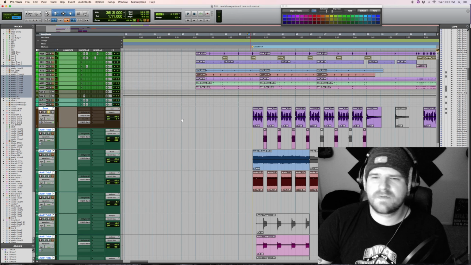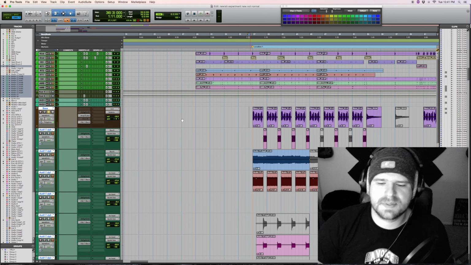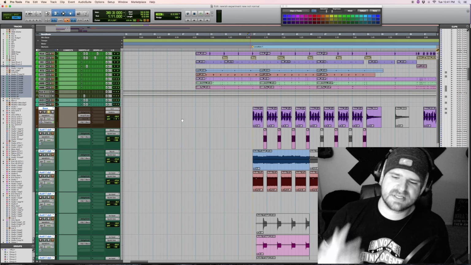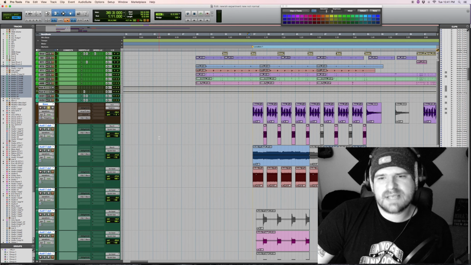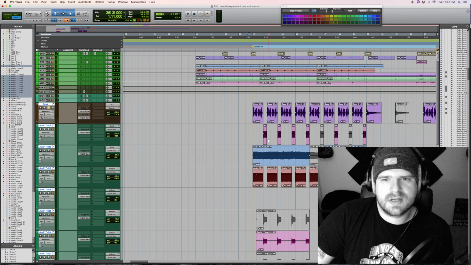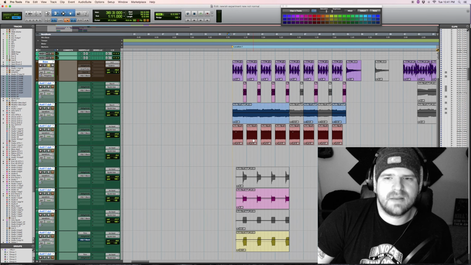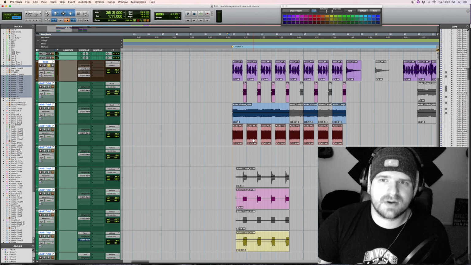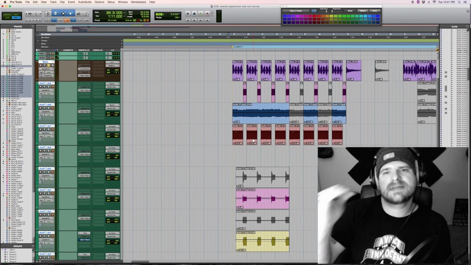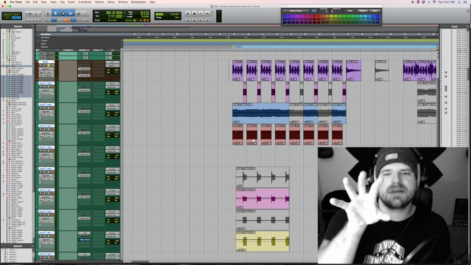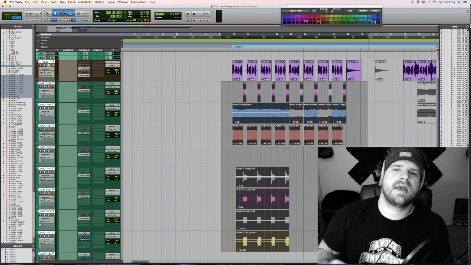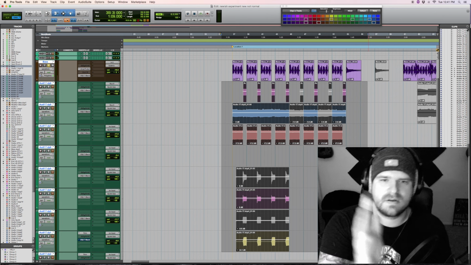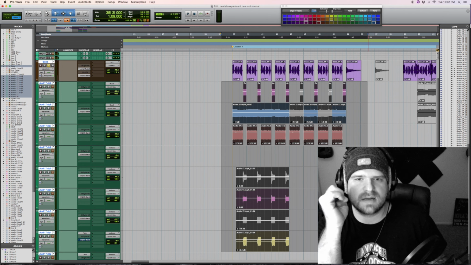I wasn't going for complex. I just wanted to add something at the bottom of the song to just push it forward, if you will. So this area right here where I have this weird green color, this is where I started adding elements, and it gets more complicated later on through the song. I'm going to break it down one by one, and then I'm going to play this whole section at the same time, and then I'm going to play the entire song up to this point to show you what I'm talking about.